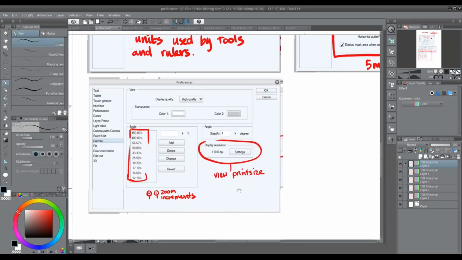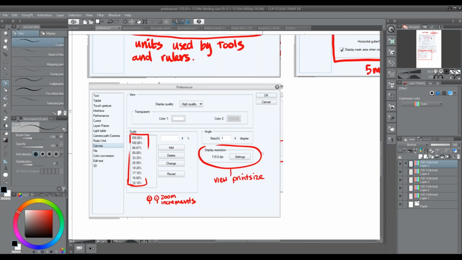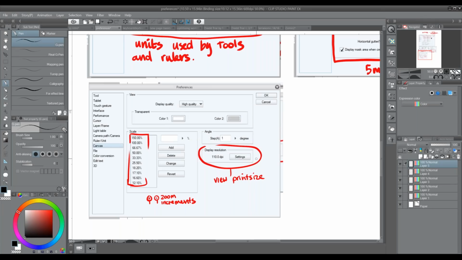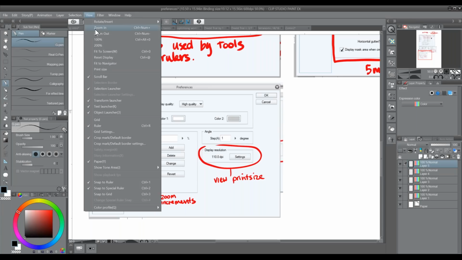The next thing, and this is a thing that a lot of people miss in Clip Studio, is this thing called display resolution. What this means is this measurement here is the resolution of your screen. And the reason that you key it in is that when you've keyed this in correctly, for example, it's 110 dpi, what happens is there's a button that says view this as print size. Now, if you've set up a page that's 100 millimeters by 100 millimeters and you set this display resolution correctly, if you then go view as print size there, it'll